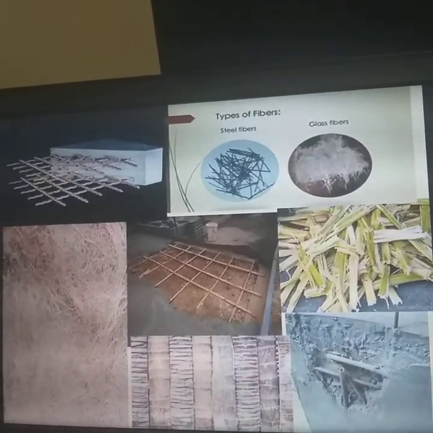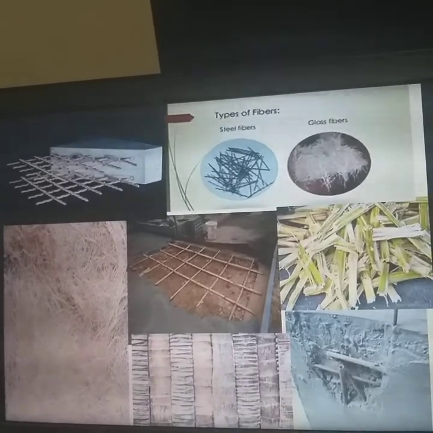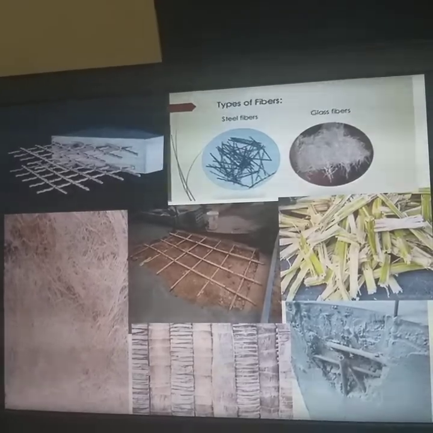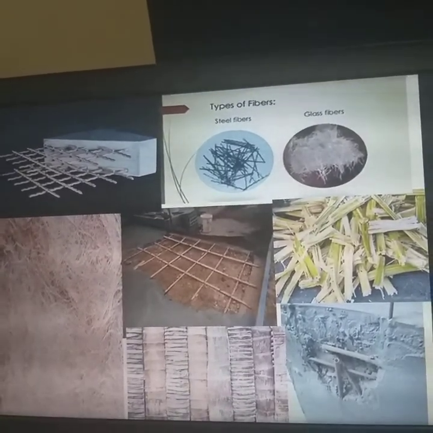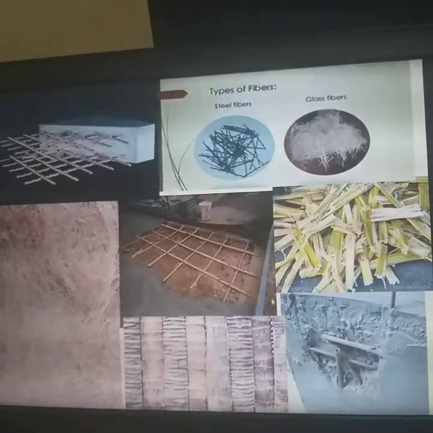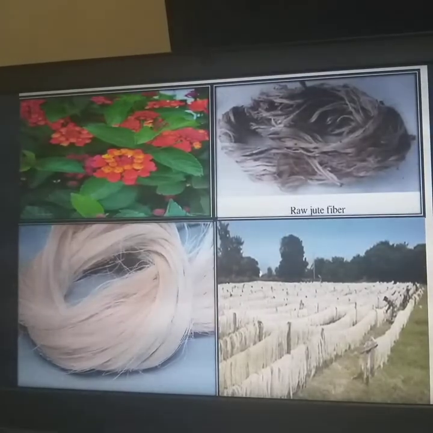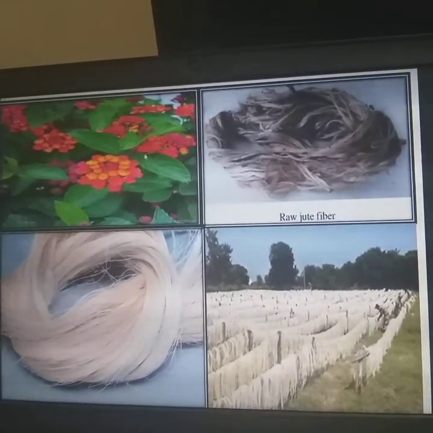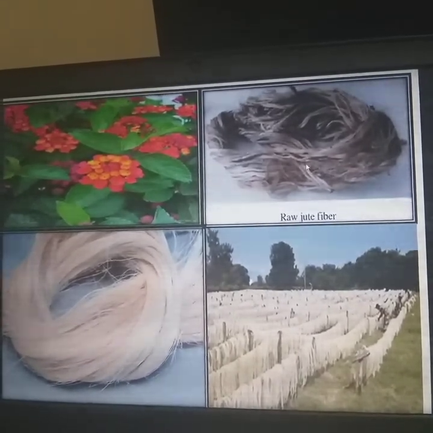So here is an example of coir fiber. This is bamboo. This is sugarcane bagasse. Here you can see a live example where bamboo sticks are placed inside the concrete section. These are all areca trees and coconut tree trunks which have been used exclusively for construction. Here also you can see, and most of you must have seen these plants everywhere nearby. From these also you can extract the fibers and give them proper treatment.